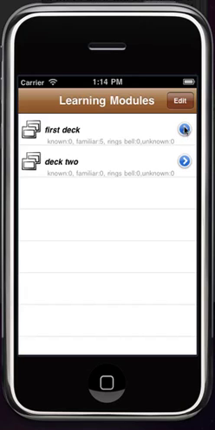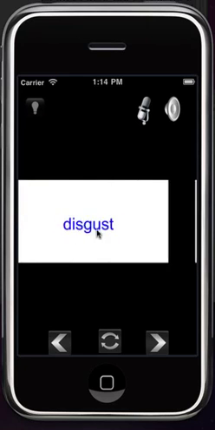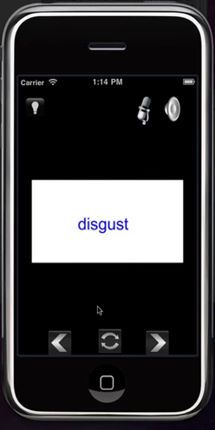So let's go ahead and we're ready to study the words. Let's drill down into here, and we see that we're presented with a flashcard-like view of the words. We can navigate this by moving our fingers across the iPhone left to right or right to left. We also can use the nav buttons, where we can click the left button or right button to move across the deck of cards. We can turn the card over by clicking on the card, or we can use the flip button down below,